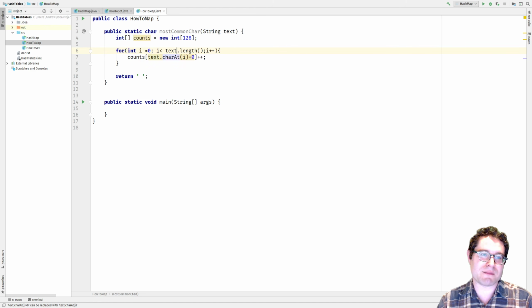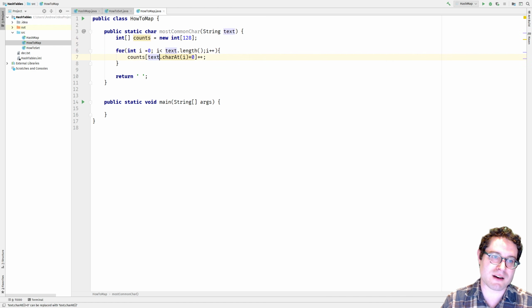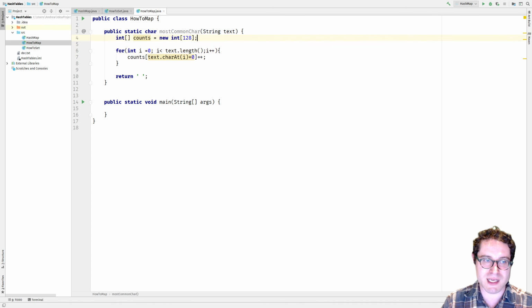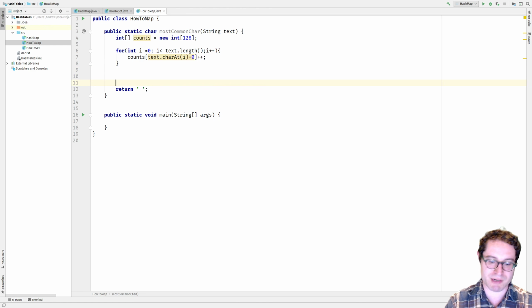So what I'm doing is taking each character in this 128 character array, because most characters are 128, but this will completely fail if we have Unicode here. We're getting the character, adding 0 to this to turn it into its ASCII value. Again, ASCII goes only up to 127, so if we're using Unicode, this will go out of bounds. For instance, A is the number 97, and we're using the value at that index 97 to figure out what's there. And then to figure out which one has the most,